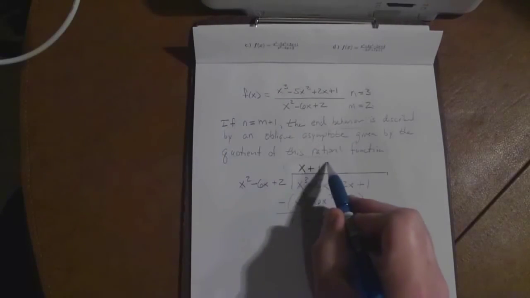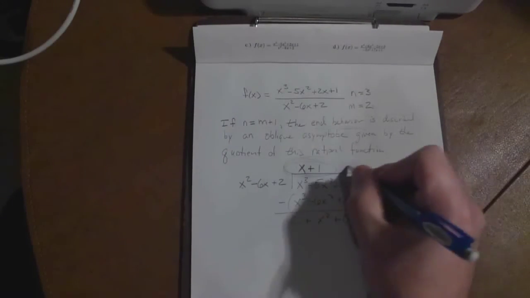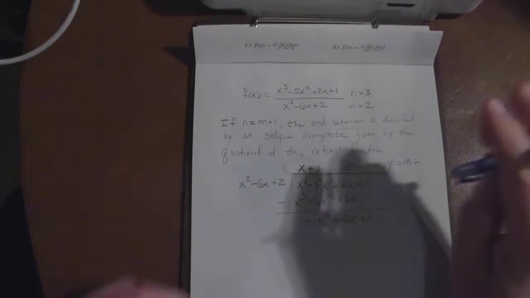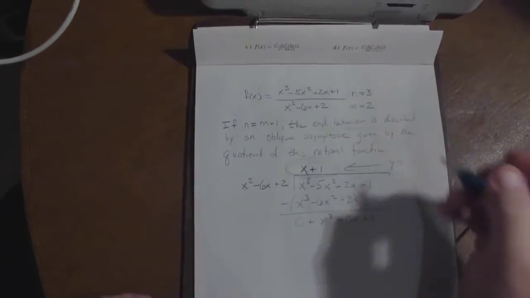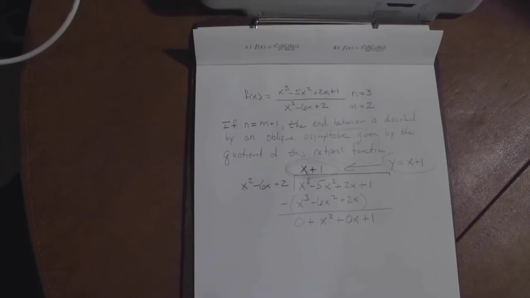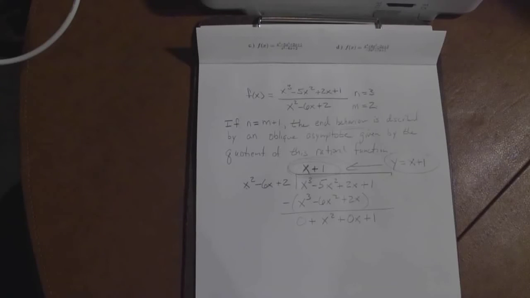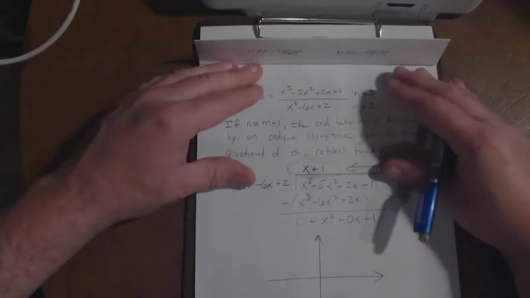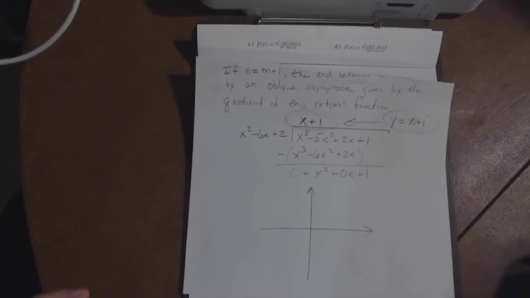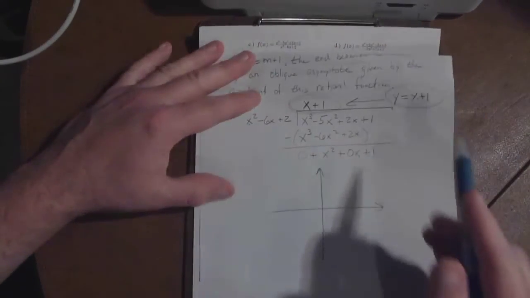Now that is it, folks. This is what I want. This quotient can be formed into the line y equals x plus 1, where this line, y equals x plus 1, describes the oblique asymptote in this case. If we think about the end behavior of this graph, if I fold this up so we can kind of see what's going on here, the end behavior of this graph is described by this